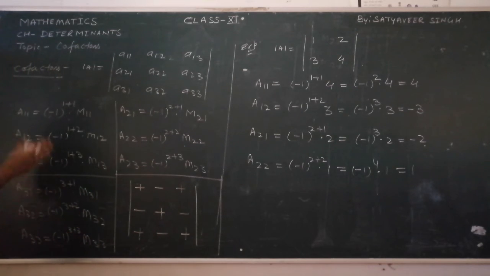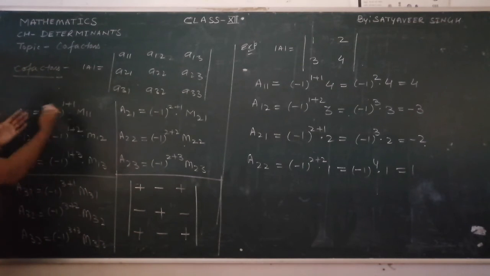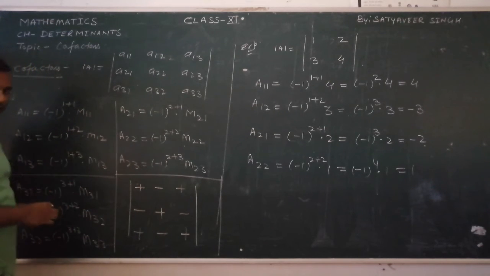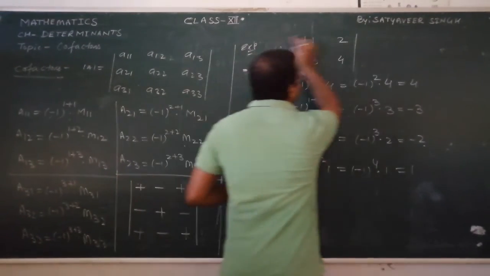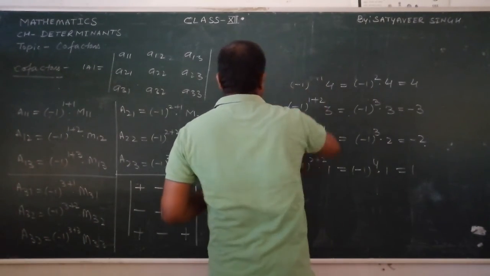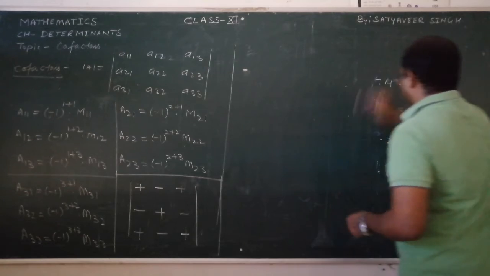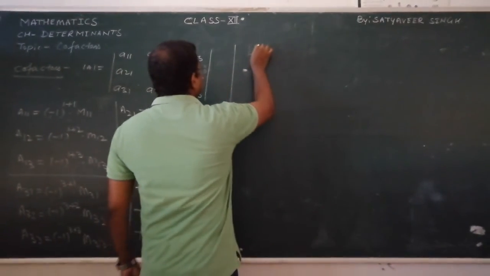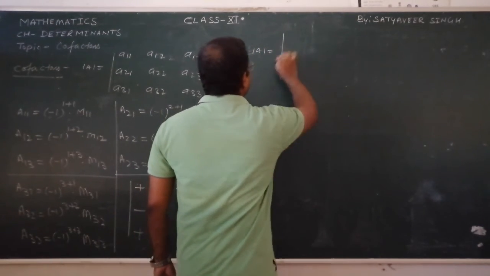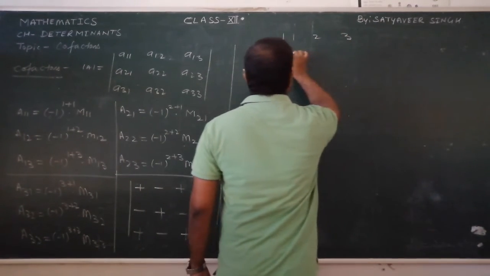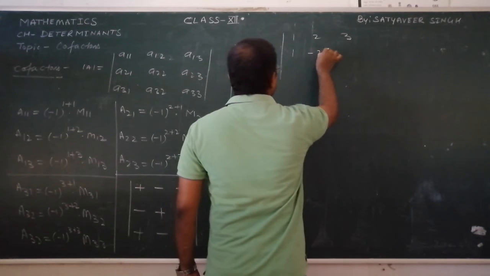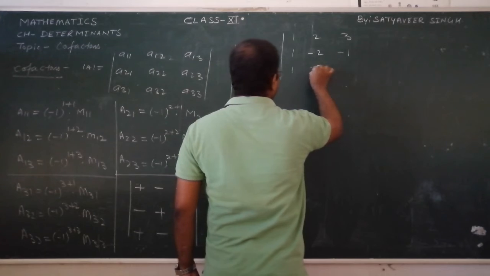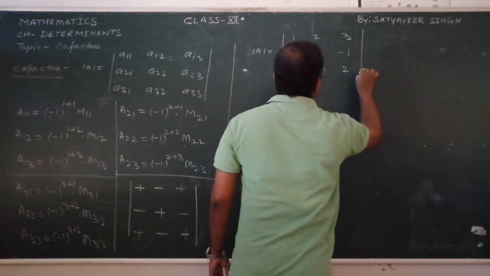Okay, so while you find out the cofactors, there is no need to go into detail like this. You can quickly write it as the plus only. I'll just take one example with you. I am taking a determinant of order 3 with numeric values. See now, suppose this is the determinant. I am taking here 1, 2, 3, 1, minus 2, minus 1 and 1, 3, 2.